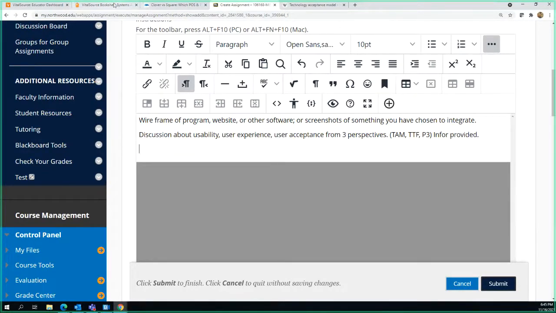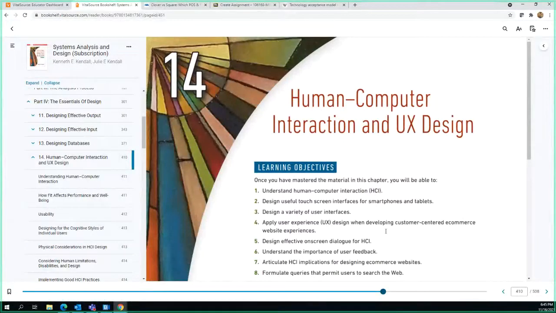Now, on the other end of things, the human-computer interaction, design effective on-screen dialogue for human-computer interaction, which that's GUI, right? We actually changed what we called it. A long time ago, everything was referred to as GUI, graphical user interface. But we're no longer just concerned with that graphical interface that we look at. We're actually concerned with how people interact with that graphical interface.